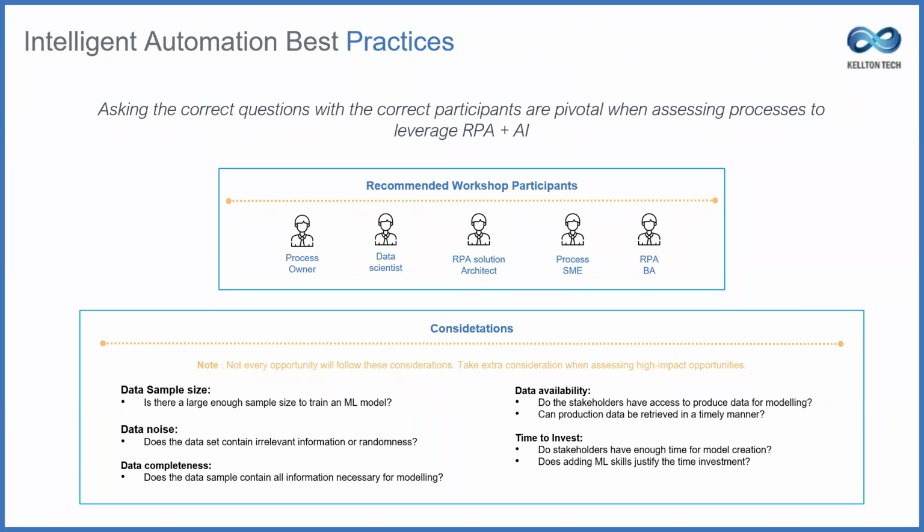So the data sample size that you require to make your RPA bot more and more intelligent is a big factor that we need to consider as well. Definitely data completeness. I think most of the organizations that have already established BPM or workflow environments have rich historical data available. And being able to understand the existing data and its completeness is crucial for the design of the bots as well.